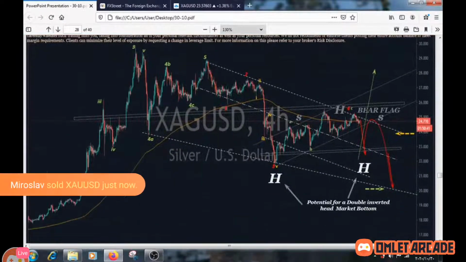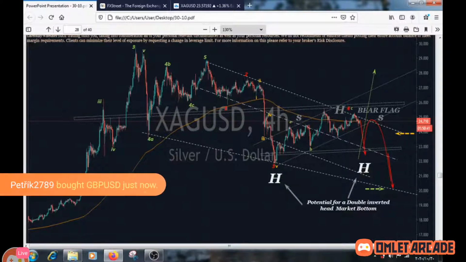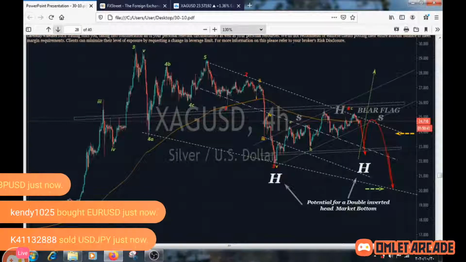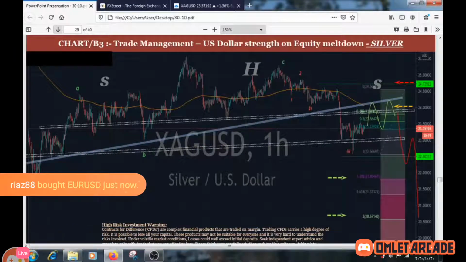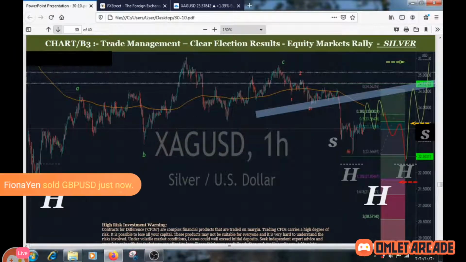Double inverted head, and the market bottoms out. This is probably around the 50% fib of all that rise, and the market would then, of course, after doing the respective successive bottom last year, after doing the head and shoulder, local head and shoulder bottom, bottom up to